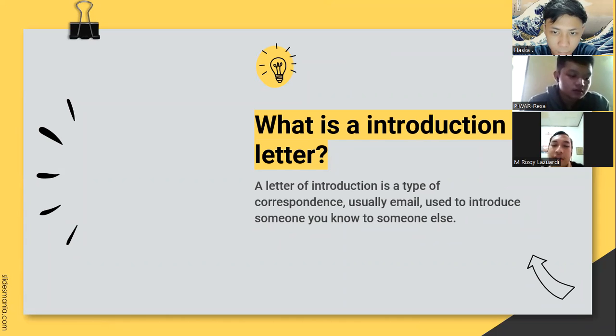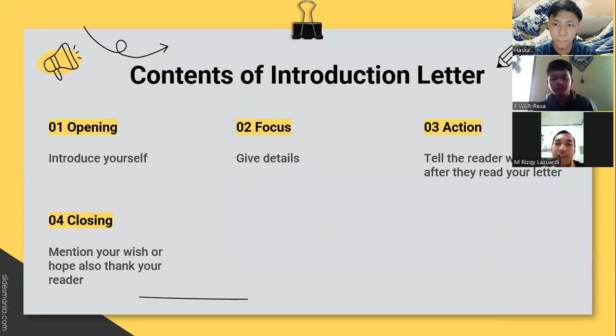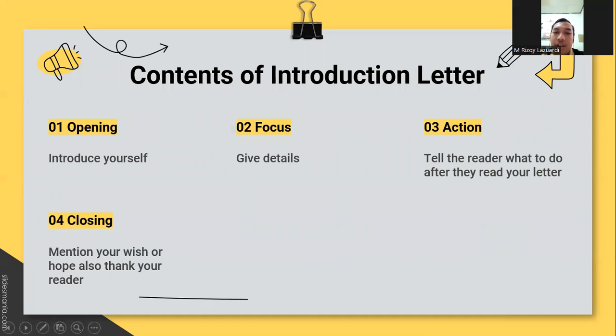What is the introduction letter? A letter of introduction is a type of correspondence, actually email, used to introduce someone you know to someone else. Next, Billy. Okay. Content of the introduction letter, which is first, opening: introduce yourself; two, focus: give details; three, action: tell the reader what to do after they read the letter;